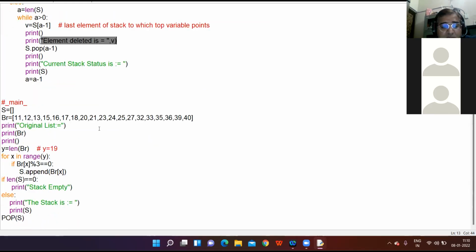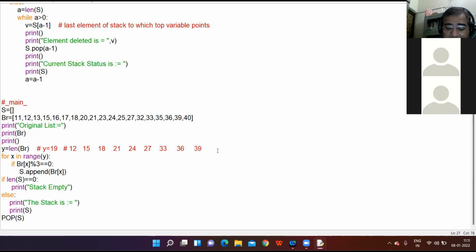Clear? If I talk about 3, these are the elements that will come: 12, 15, 18, 21, 24, 27, 33, then you have 36, 39. So S[A-1], this is S of A minus 1, 39.